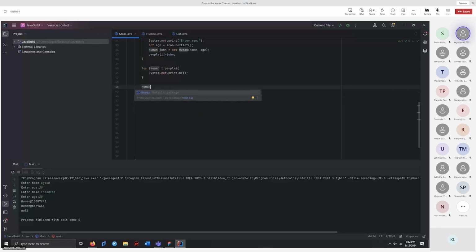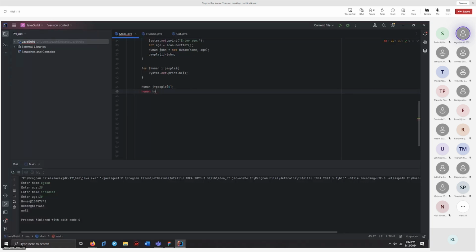So we say human, and then we give a random variable name, and then using the people array we can just say the index and access it. So if I say 0, it's going to represent my first one. Likewise, if I say human k